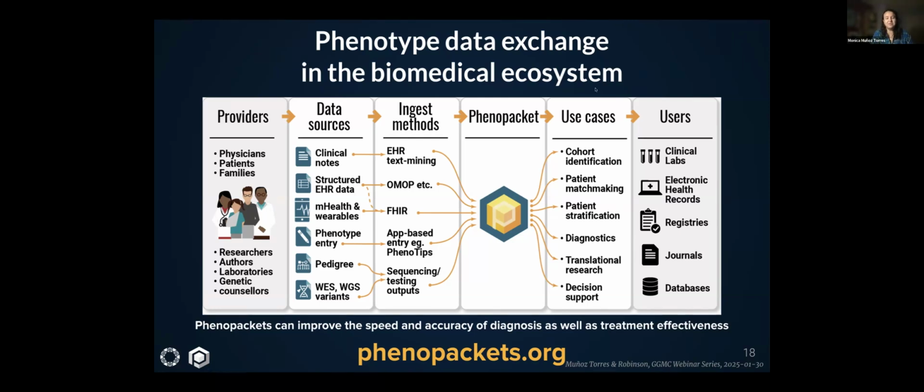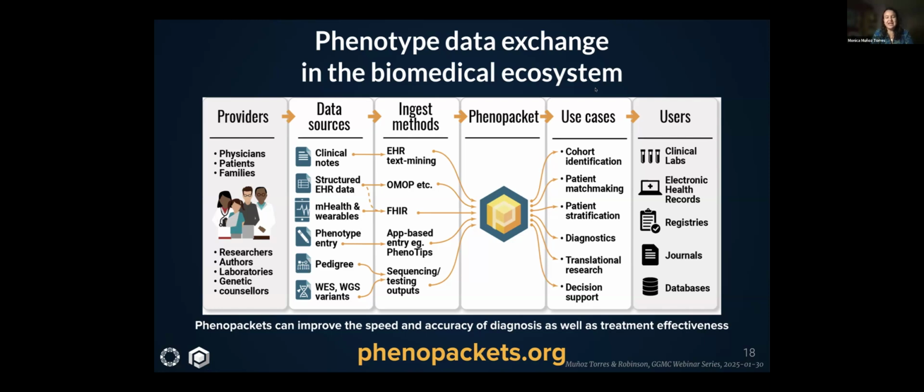And there are multiple providers of phenotypic data that includes you, the researchers, and patients and clinicians, having a variety of mechanisms that include mobile health gadgets and the electronic health record. And the Phenopacket schema basically acts as a common model that can capture data from many sources with a unified software representation, and then can in turn be used by multiple receivers of the phenotypic information, which includes journals and